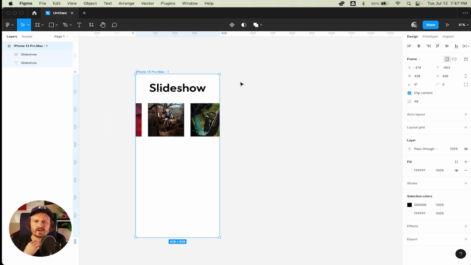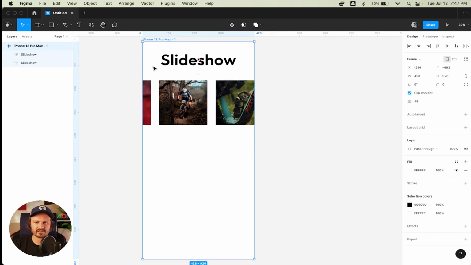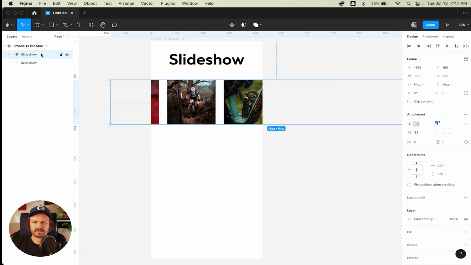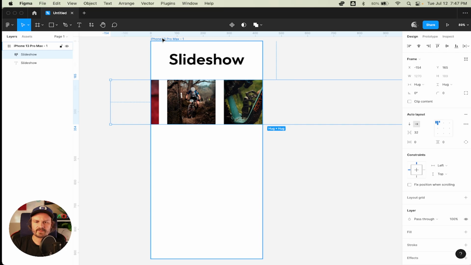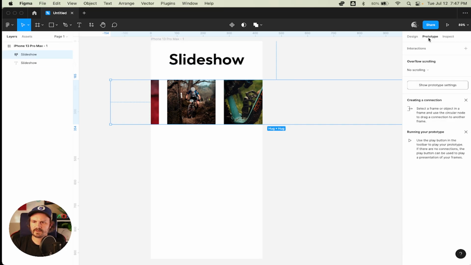And so we're getting there, we're getting there. We have our slideshow child frame inside of the iPhone 13 Pro Max 1 frame, and so we're heading in the right direction. And excuse me, we're not quite ready yet, because if we go to prototype here in the right sidebar, one of the first things we'll want to do is